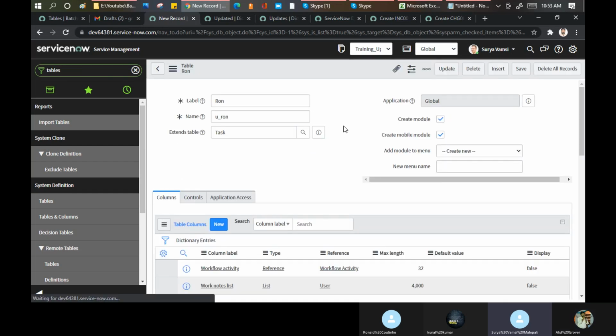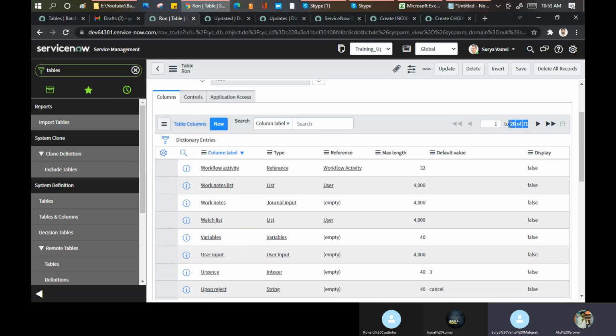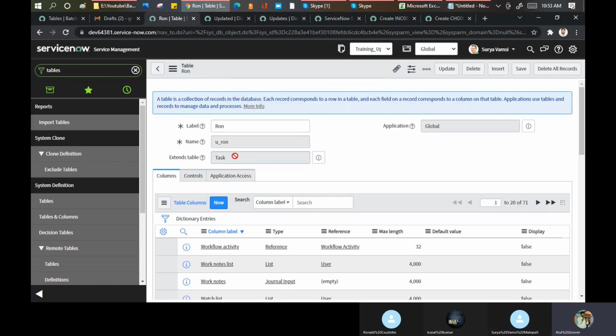Now come this side. 71 fields are there. Why is one field extra? 70 I know are coming from the task. But what about the one? Is it SysID? How will you check it?